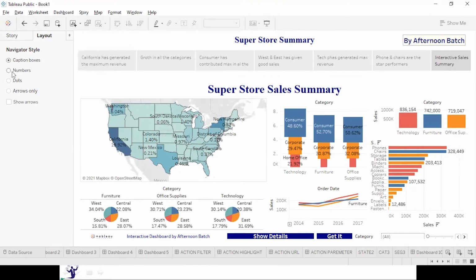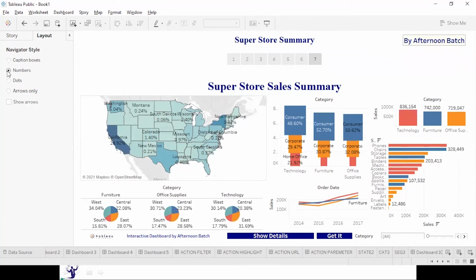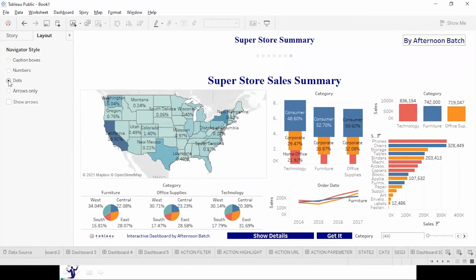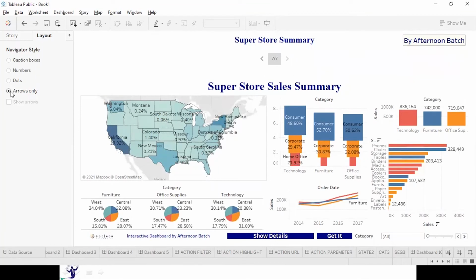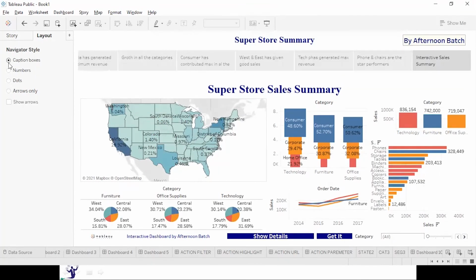Then if you want, instead of the caption boxes, you can get the numbers over here. Even if you don't want the numbers, you just want the dots, you can get these types of dots over here. Or if you want, only the arrows will be displayed. According to my point of view, caption boxes are the best because you can put your comments into the caption boxes.